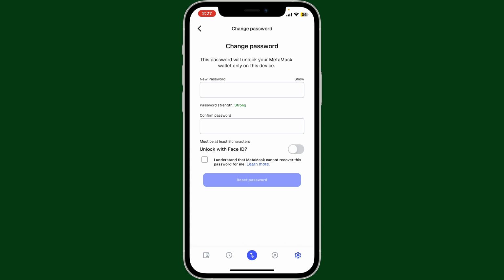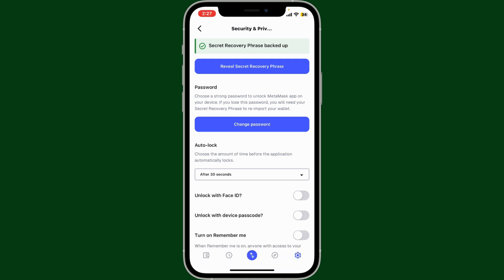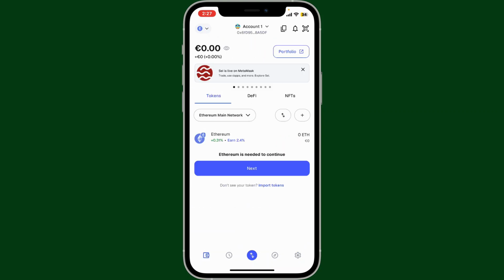Confirm the password by re-entering it again on the next field. And finally, click on this little box at the bottom and click Reset Password. You will then be able to change your password on MetaMask wallet. You've successfully changed your password on MetaMask. Keeping your wallet secure is super important, so always use a strong password and never share your secret recovery phrases